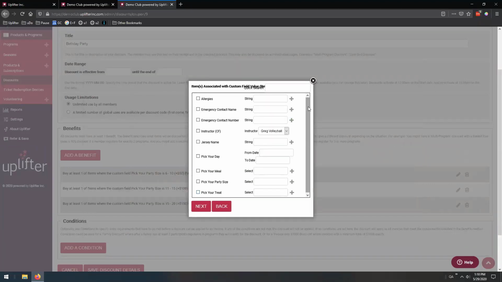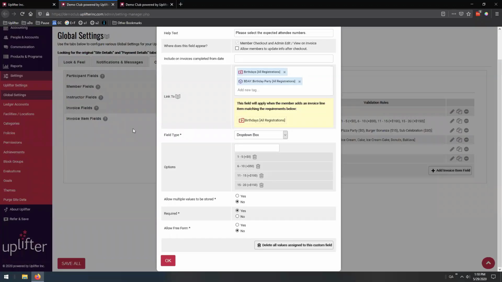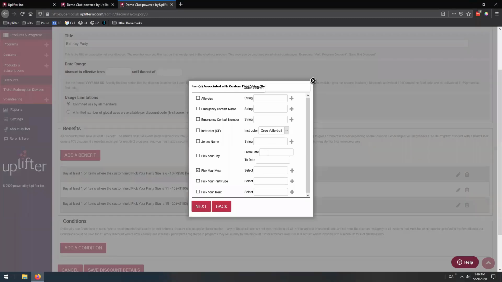When you select this option and move forward, you're going to see this form. In this form, you can look for the field in question, so pick your meal, and you can check the box off. And then what we want to do is specify the value that we're looking for. Now, this is where this page comes back in handy, because in order to make sure that the discount actually fires when they select it, we need the exact value that you used in this dropdown. So we were very careful about the white space at the beginning and the end, so we know that we can copy this exact value with no spaces at the beginning or the end either, and paste that into